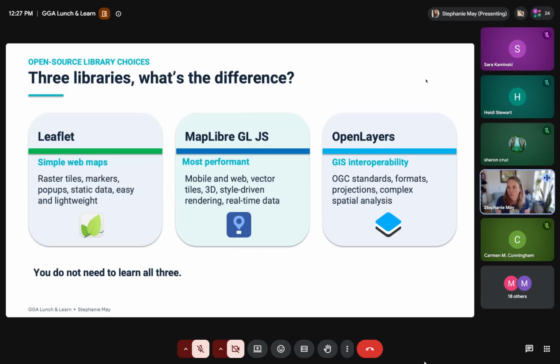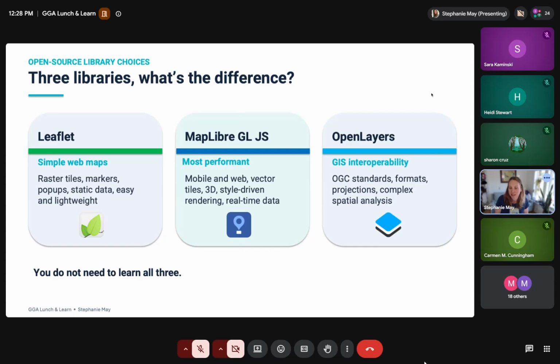And then your third one is OpenLayers, and OpenLayers is the big guy, the heavy guns in a lot of ways. OpenLayers is the open source library that spent the most time on GIS interoperability, which means, say, if you are an agency where there's some regulation that says you absolutely can't use WebMercator, or you have to be using a specific state plane, or whatever, OpenLayers is your bet. Again, know that under the hood, it's still projecting things back and forth between WebMercator, but it can help. It's the one that's been built out the most around handling projections, and also just in general around handling complex GIS analysis.